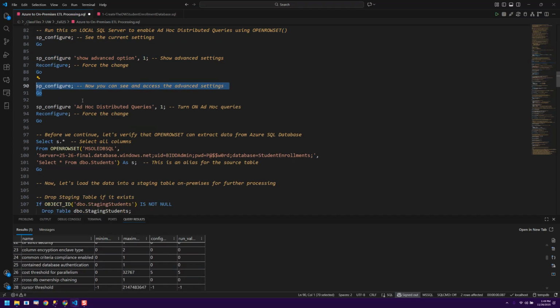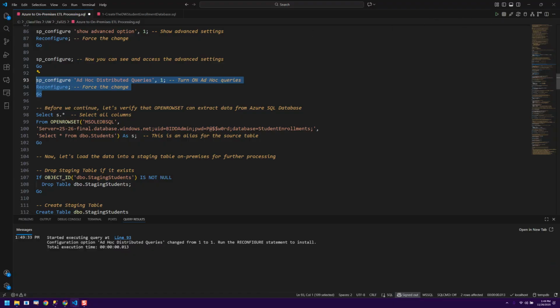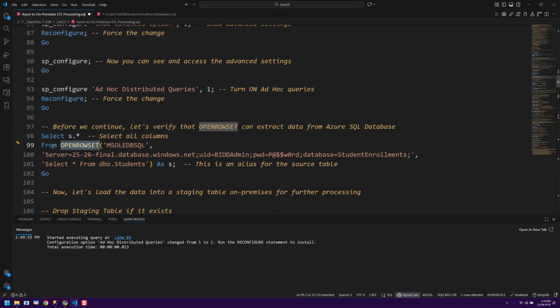Once I can see the advanced options, I can then go through and turn on the feature Ad Hoc Distributed Queries to 1 for true. I force the change by using the reconfigure option. And at that point, I can now go and use my OPENROWSET function to make a connection. So it's probably a good idea for me to check that. The syntax for the OPENROWSET function looks like this. It's a FROM statement, just like normal. The OPENROWSET becomes the table of results that we're going to get back from a query that we put in here. So I needed to tell it what type of driver or provider I'm using, the Microsoft OLEDB SQL provider